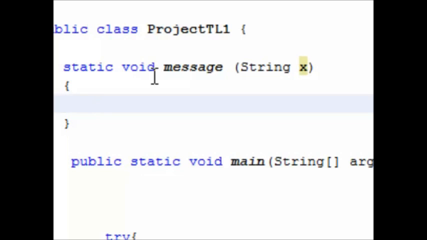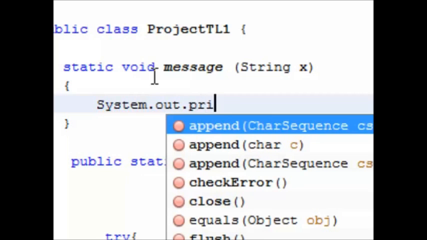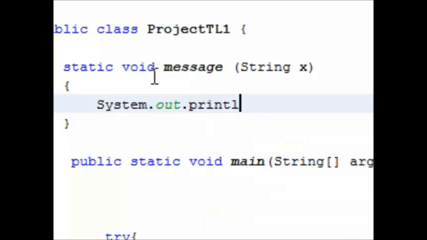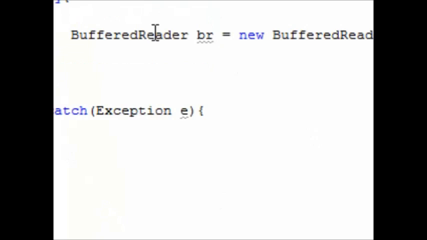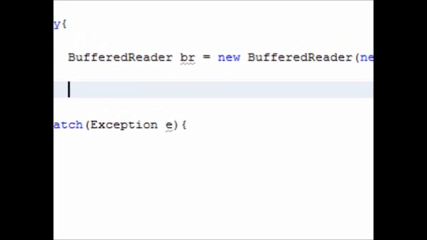The statement will be a simple system.out.println with the parameter X that we are going to write. That comma, and then, well, to use it, we are going to create in the main class, into the try